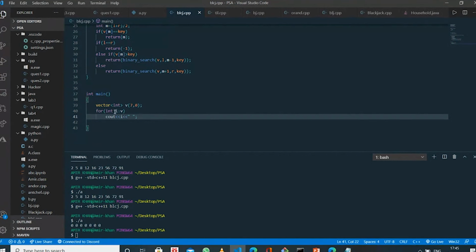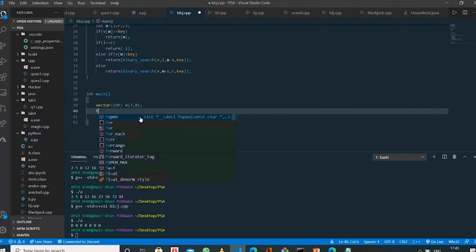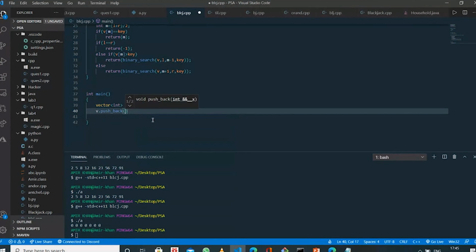Now I am giving some values in the vector.